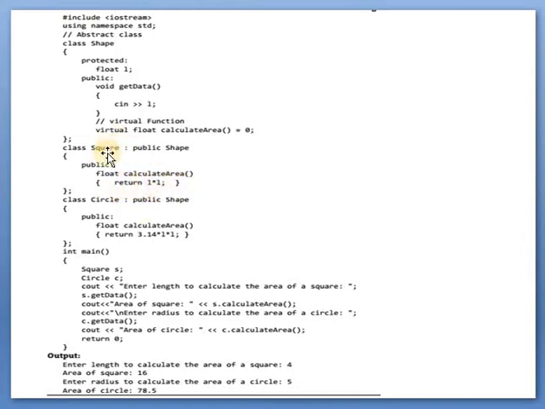So what is the formula for calculating the area of a square? It is length into length. Okay, so this is the definition of that function. Now in the class Circle, see here, class Circle colon public Shape, this derived class is also derived from the abstract class Shape, and into this float calculateArea, again this pure virtual function is used in the Circle